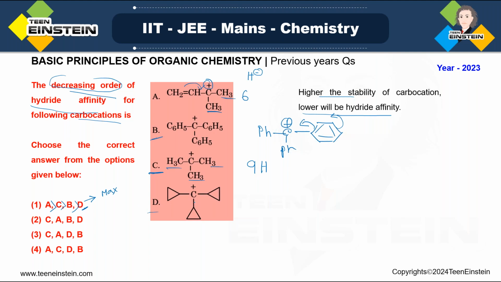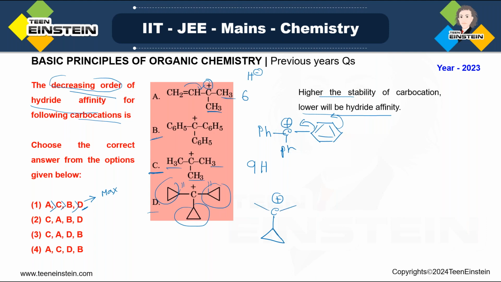Now what about D? Now at a first glance it seems that 3 cyclopropane rings are attached. Here we have only 1 alpha hydrogen as if in these positions, and there is no CC double bond, no conjugation is possible. But actually what happens when there is cyclopropane ring attached to carbocation, there is some special type of stability present, and that stability is basically